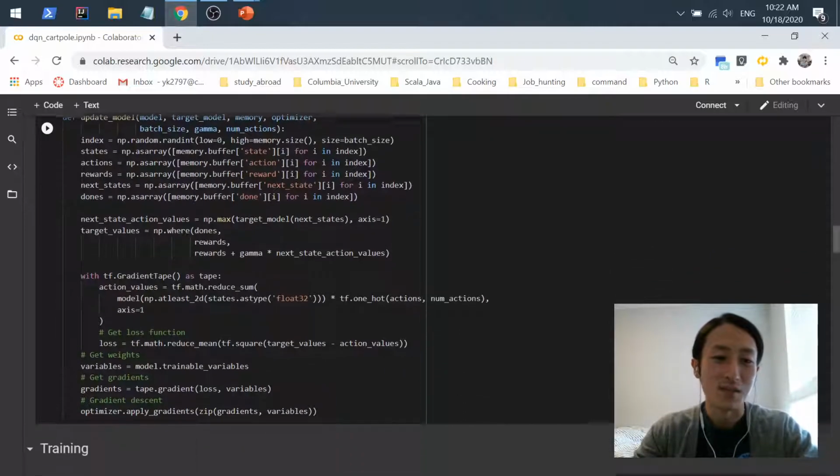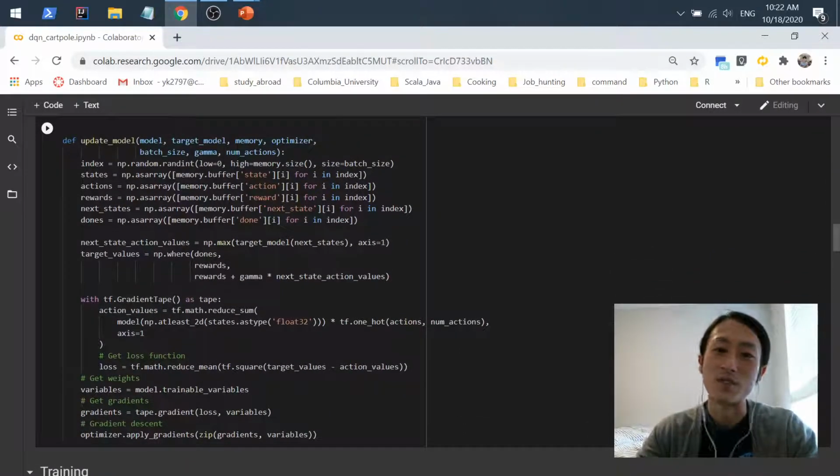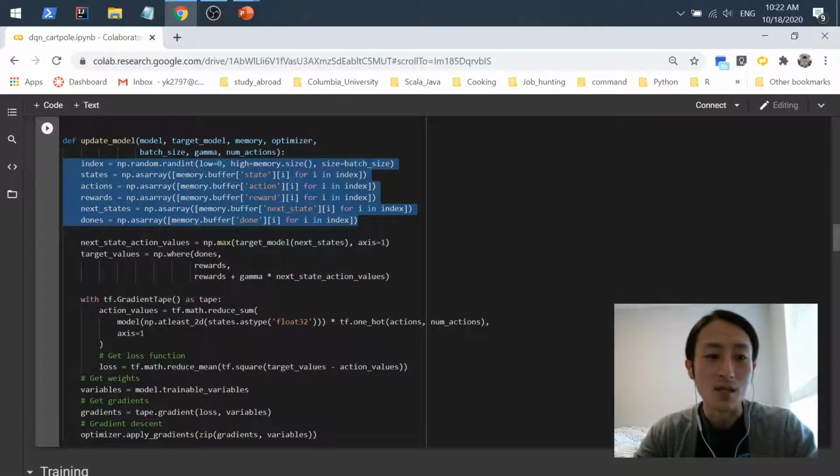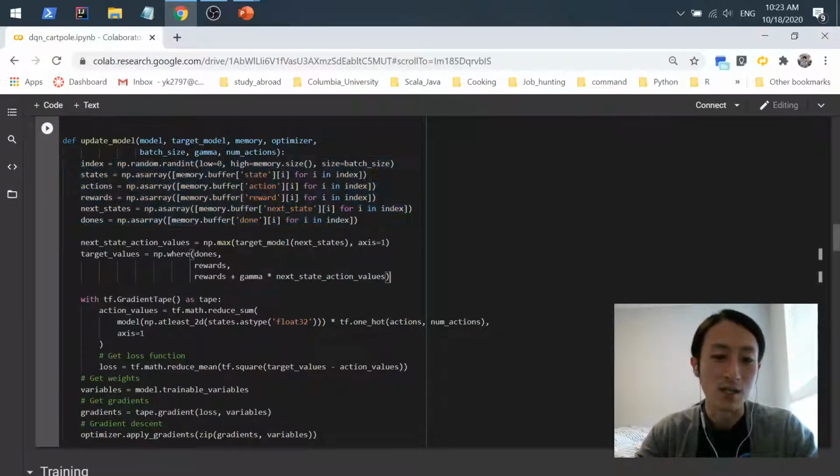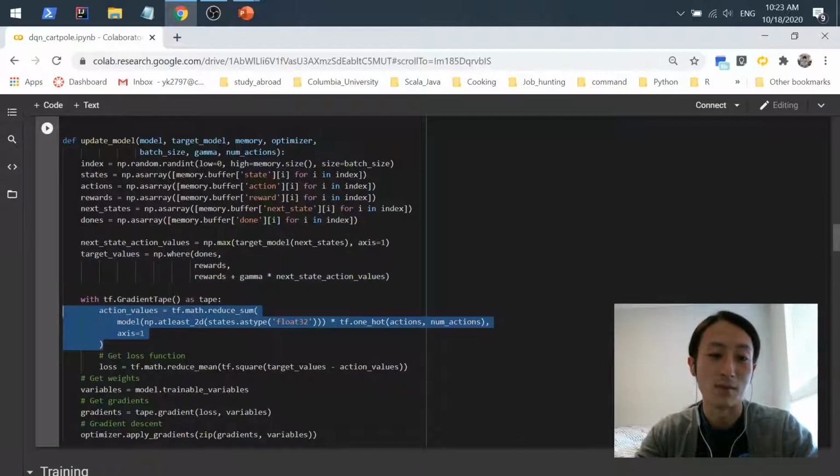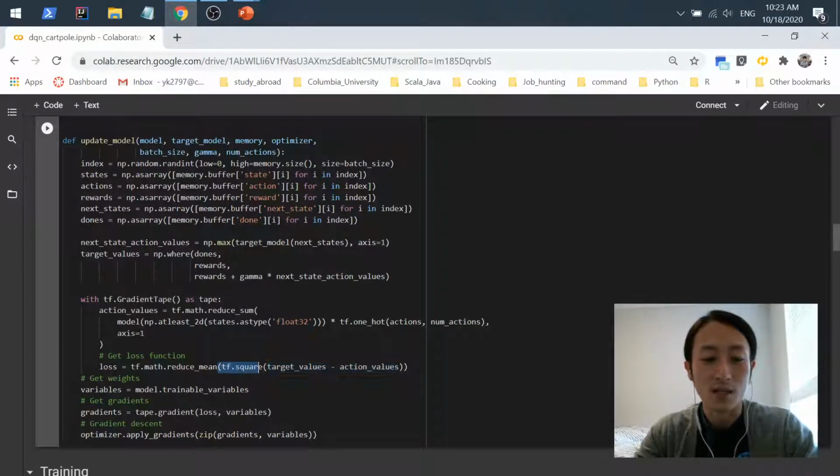You also have the update model, which is the implementation of Q-learning. We get the mini batch from the experience replay, and then we get the target value, and then we have the estimate value, and then we are going to take the difference, square it, and then